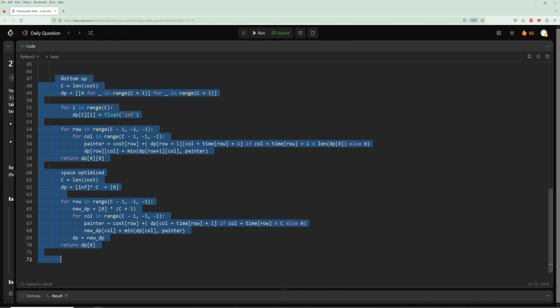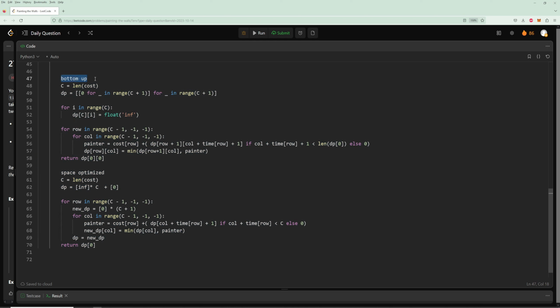So essentially, here's our bottom-up solution, and here is our space optimized solution. And the code is pretty similar, right? You make a 2D array for one of them, and then you return the 0th element. And then for the space optimized, we just get rid of the dimension for the index because you're only relying on the one below it. So for every single row, you just make a new DP, right? You just make a one-dimensional DP, and then you fill it out,